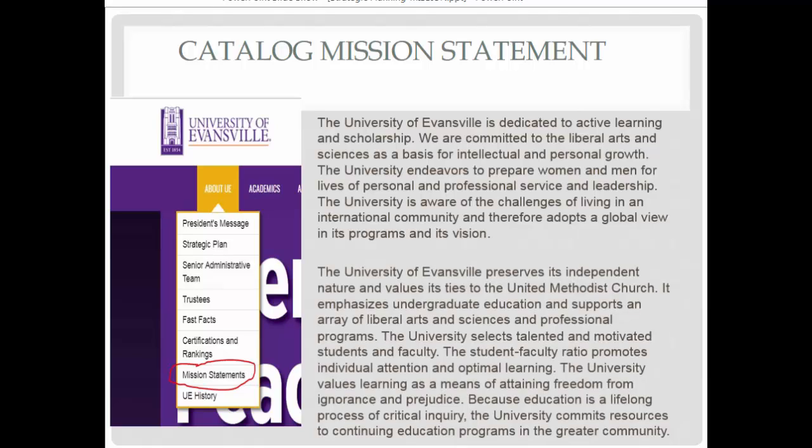There's more. The University of Evansville preserves its independent nature and values its ties to the United Methodist Church. It emphasizes undergraduate education and supports an array of liberal arts and sciences and professional programs. The university selects talented and motivated students and faculty. The student-faculty ratio promotes individual attention and optimal learning. The university values learning as a means of attaining freedom from ignorance and prejudice. Because education is a lifelong process of critical inquiry, the university commits resources to continuing education programs in the greater